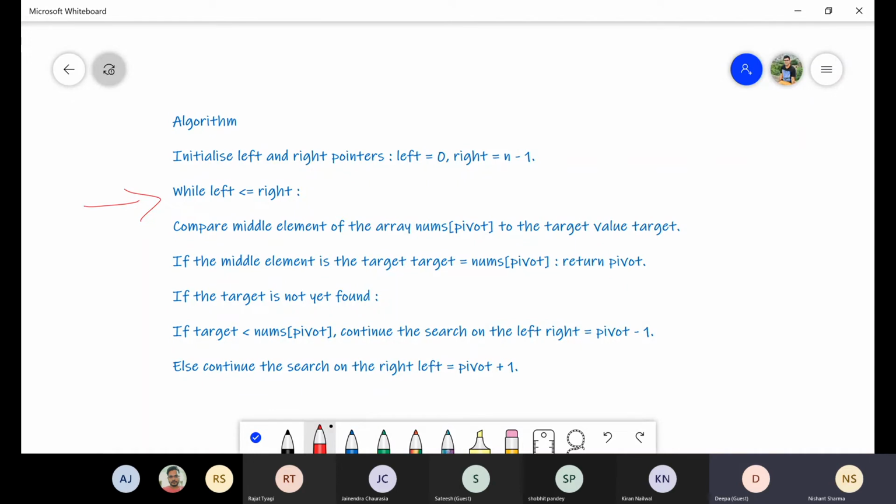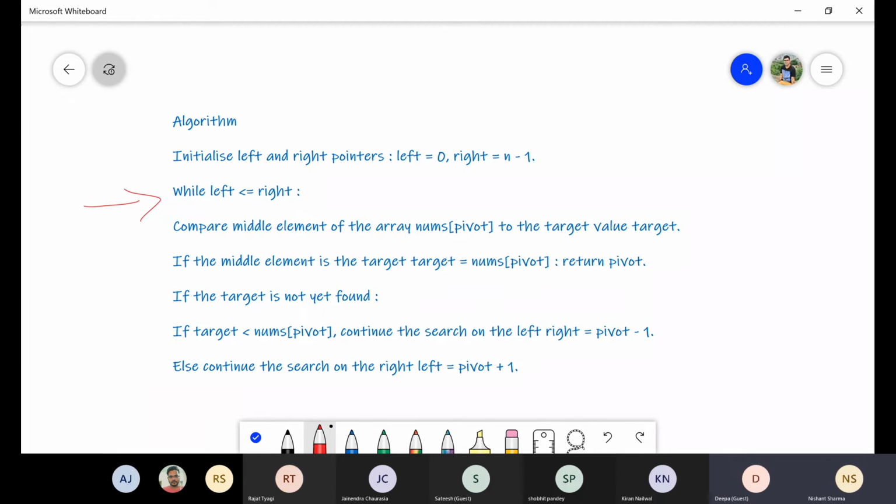But there are cases where this left plus right can lead to overflow. Suppose left and right are both integers and left is equal to 32765 and right is equal to 32766. When you try to add these two numbers, it will overflow the range of an integer, which will lead to an unknown result or the failure of our code.